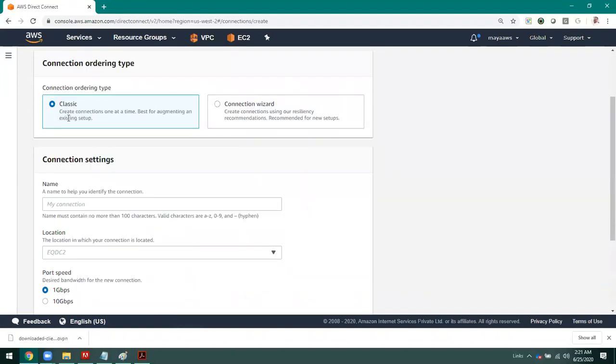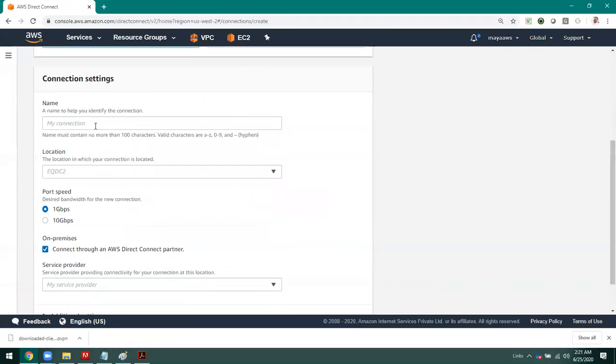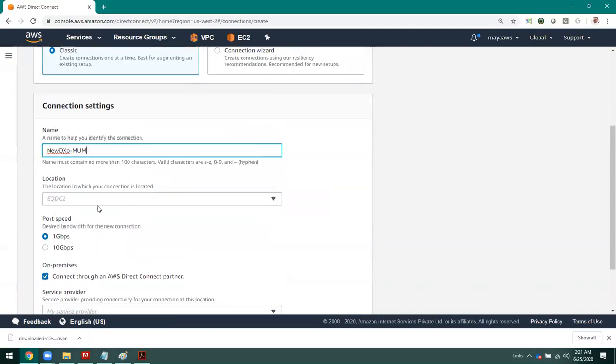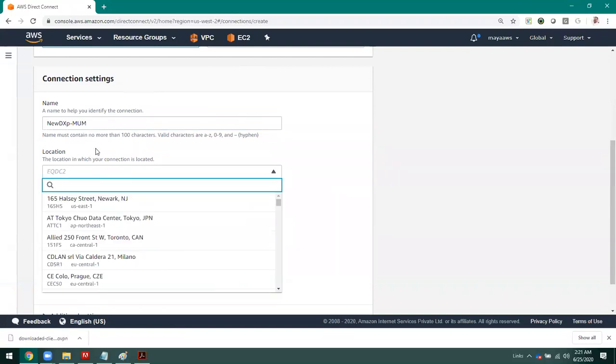Here two options are given: classic connection and connection wizard. I'm going to use the default one. For example, Mumbai, India. I want to establish the connectivity from the on-premises data center to the Mumbai AWS data center.